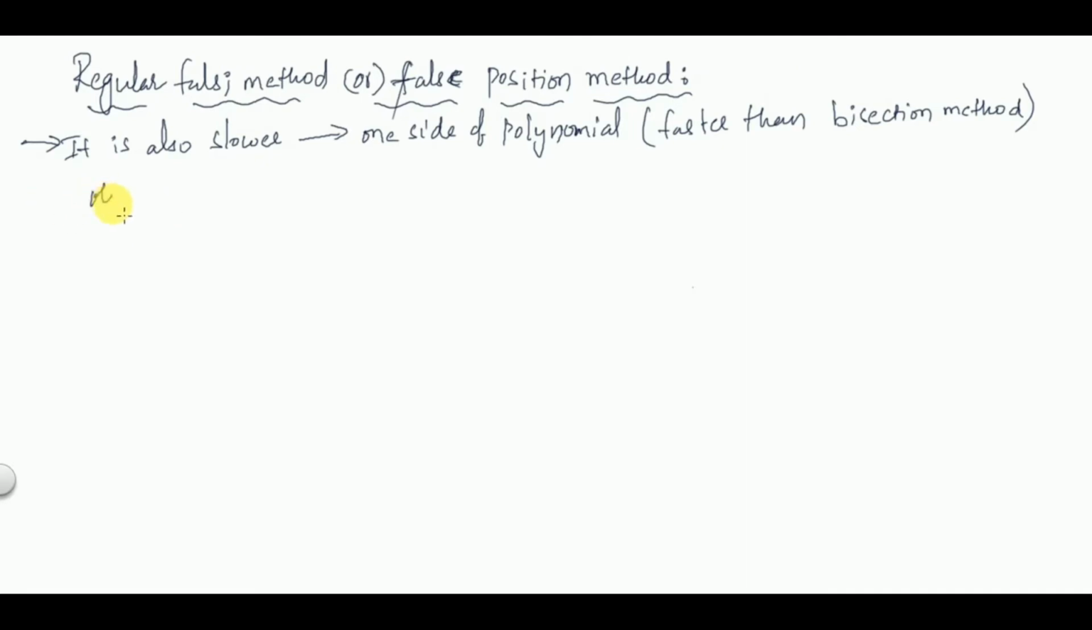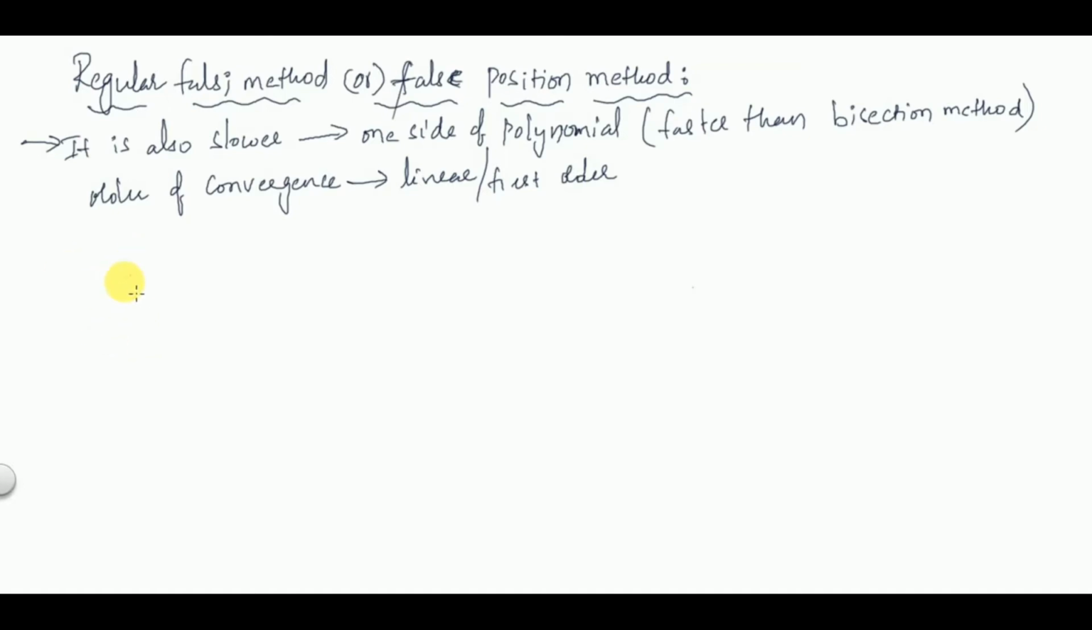So the order of convergence is linear or first order. Okay,